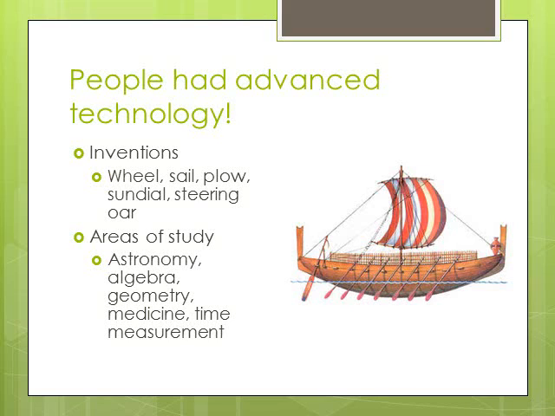In addition to all the things that people built, they developed lots of inventions. They used the wheel both in pottery and transportation, developing chariots and things that allowed them more easily to transport goods and people from place to place. They built ships with steering oars and sails that would allow them to better control where and how they traveled against the current and against the wind and on rivers and seas. They had plows that enabled them to become more efficient farmers.